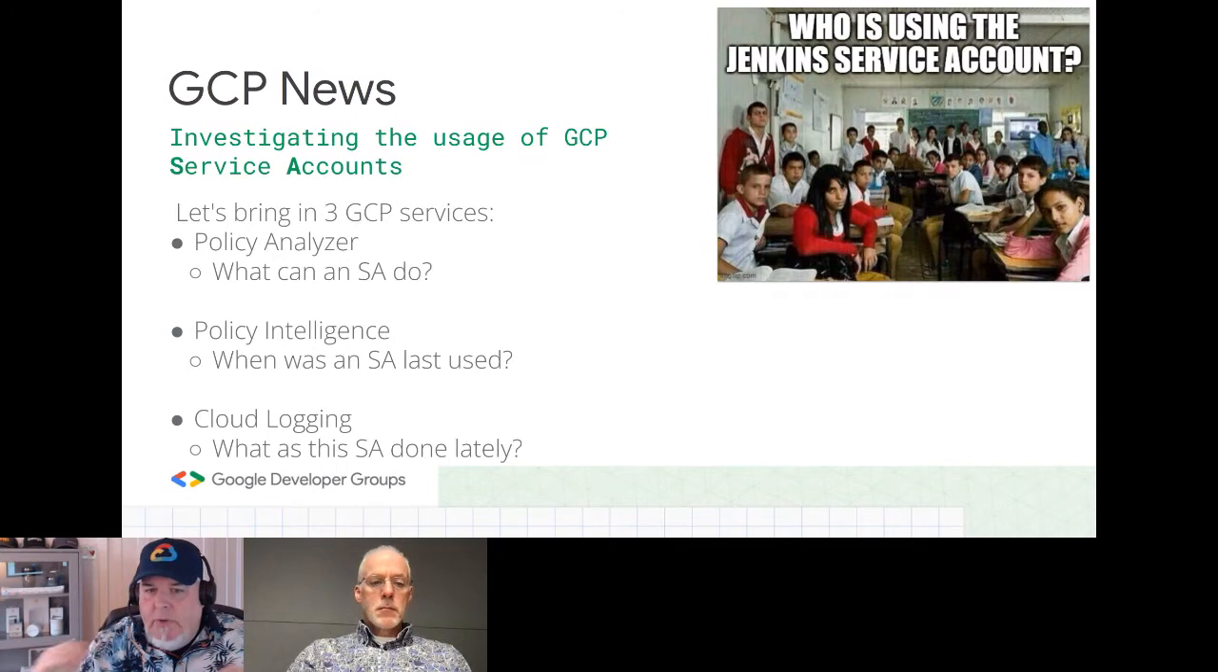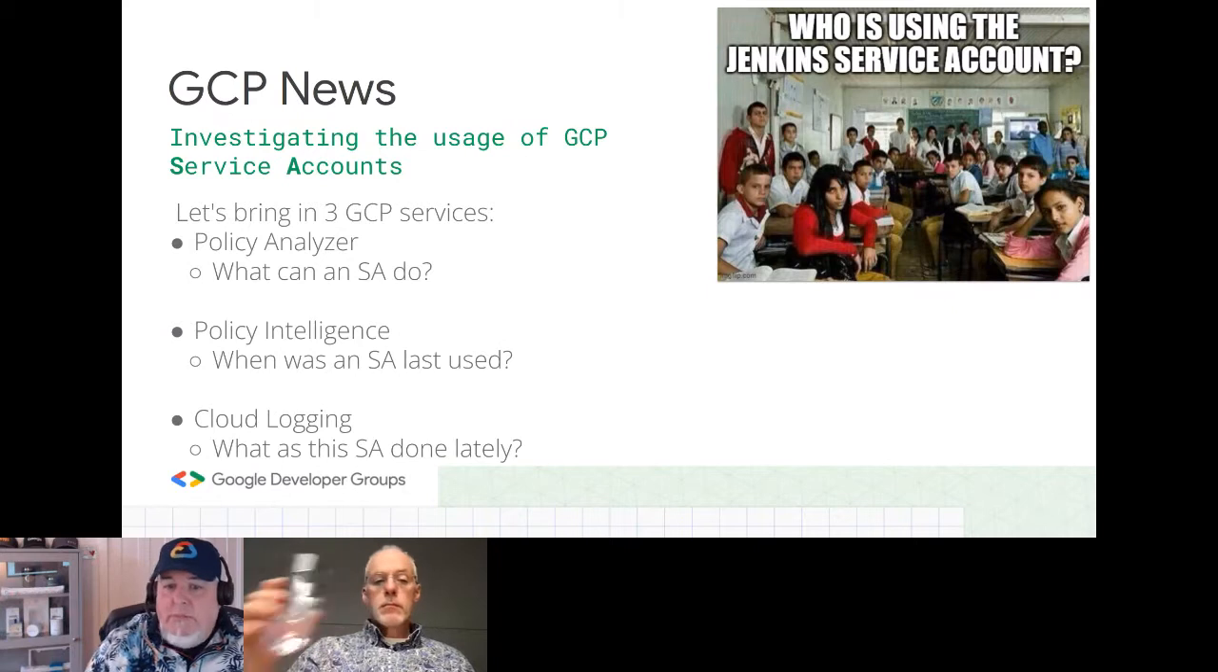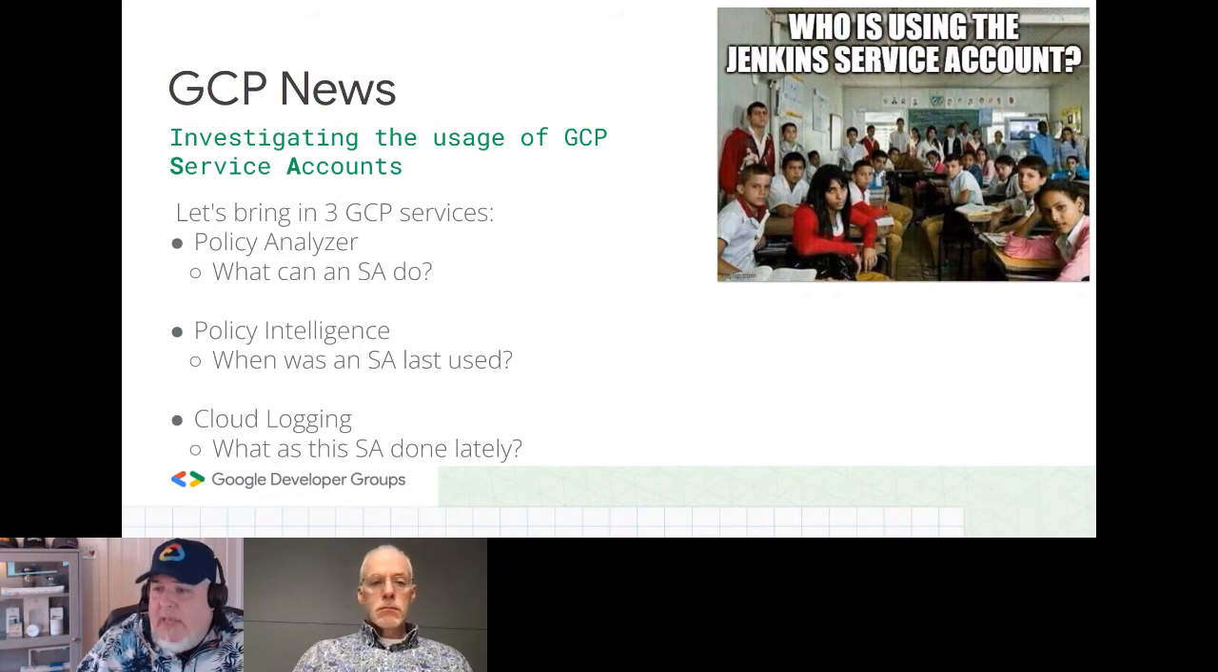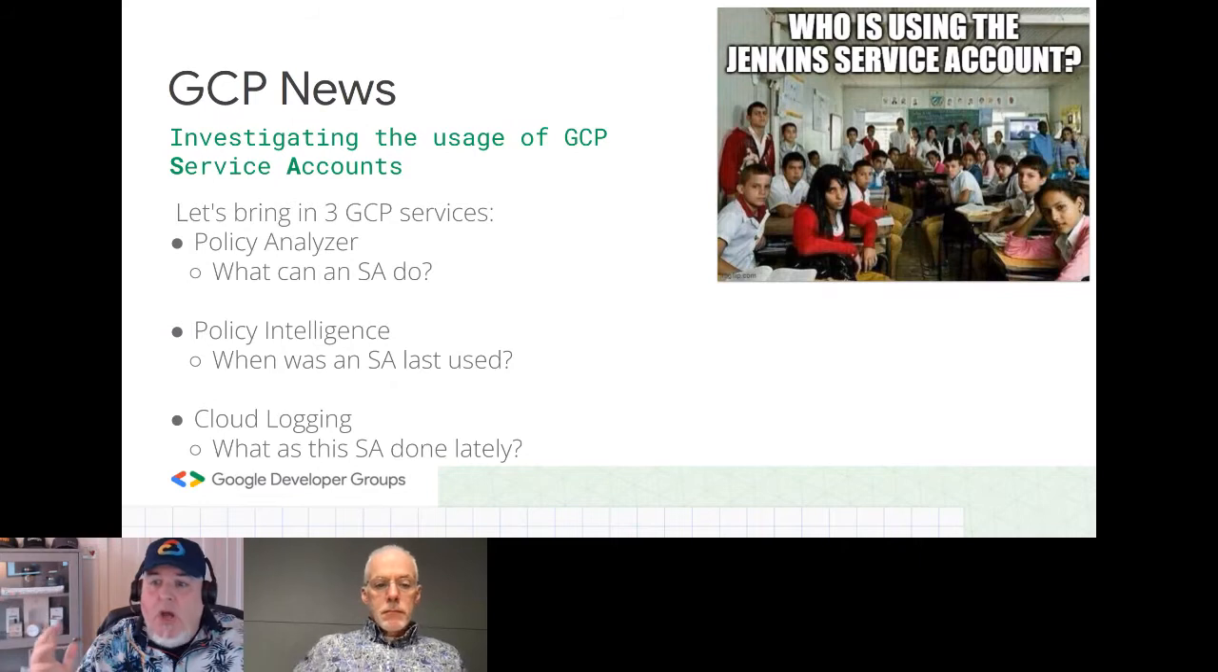three ways of looking at this. There's the policy analyzer in terms of service account that gives you, say, hey, well, this SA can do X, so maybe it's over permissive. There's policy intelligence. This is going to tell you the last time it was used, and well, there's cloud logging, which actually is the trace of, hey, what has this service account done lately? Maybe it created something. Maybe it created a project that's not linked to the organization for whatever reason, and